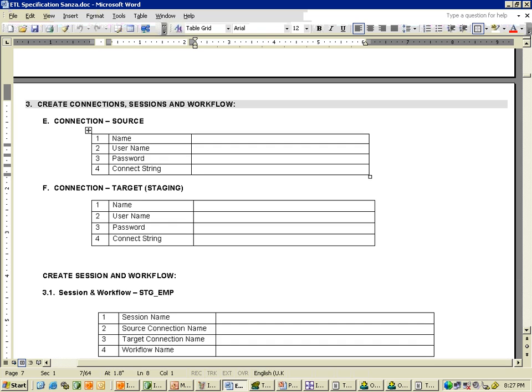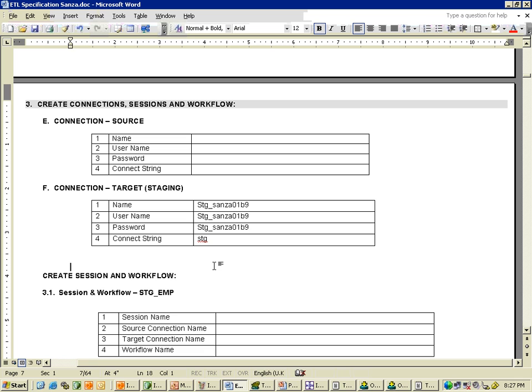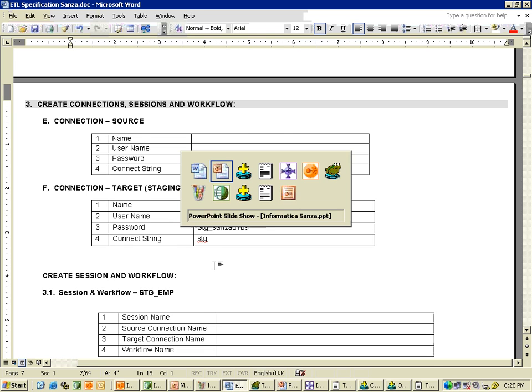In the connections, here you write stg_your_id. Your ID may be stanza 01 batch 9. Username is also the same, stanza 01 batch 9. Password stg_stanza. For some people it is stanza 01 or stanza 02 or whatever we have provided you, that is the student ID, and the connect string is stg. So this is how to specify it. You write it down, then I'll go back